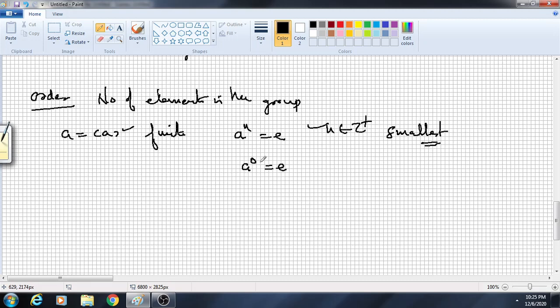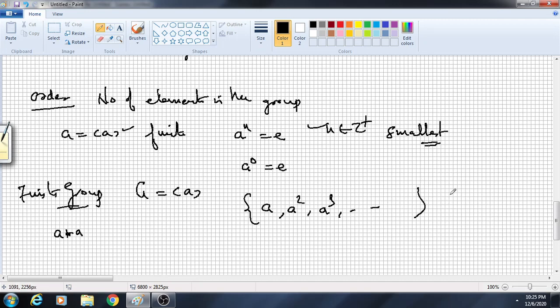Okay, so let us first establish this fact. Consider a finite group G which is generated by a. Now I am going to look at the set a, a square, a cube, and so on. Here a square means we are taking a star a, since I don't know the operation in G; I am taking an arbitrary group. If it is addition, it will be a plus a. If it is multiplication, it will be a square. If it is addition modulo n, it will be a plus a. So we are going to consider this set.